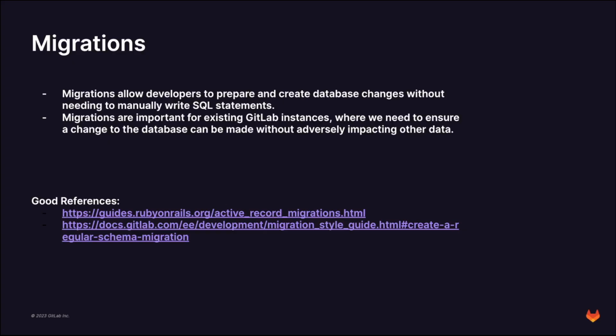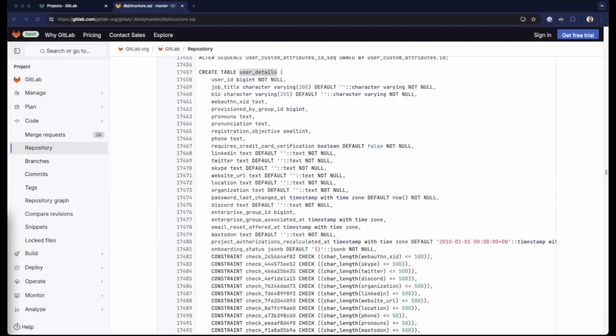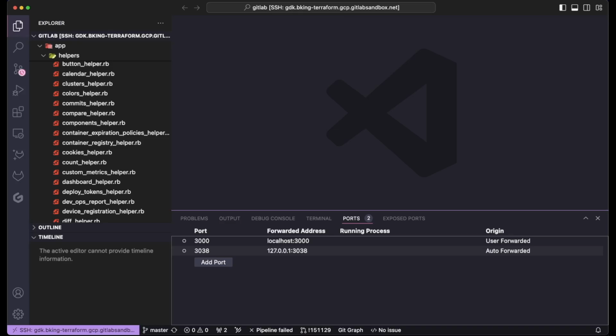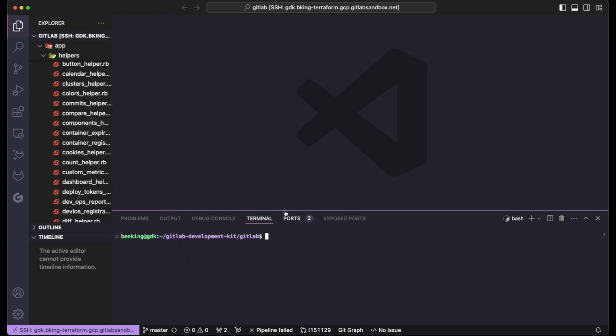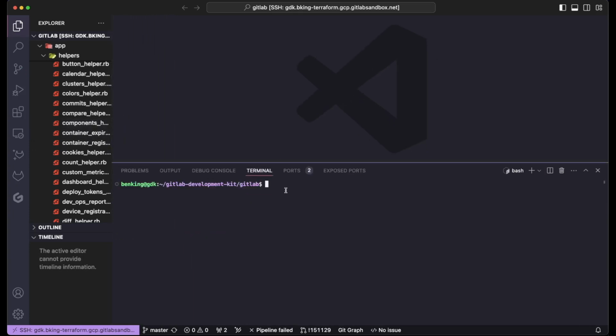So we come back and we're going to jump into our code, and we're going to add a new file. As I bring up Visual Studio Code, I'm going to change to the terminal. I'm going to bring this up a little bit more. And what I'm going to do is write a command which is going to instruct the Rails application to generate an essentially empty migration file, and then we can add content as we need to while we go. So what I'm going to do is write bundle